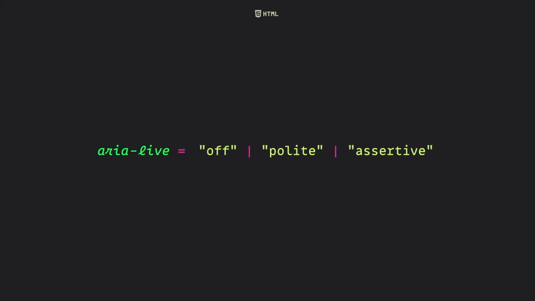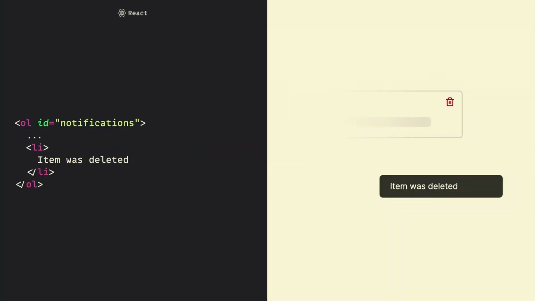We can set it with the aria-live attribute, which can be set to polite, meaning that it will wait for current speech before announcing the change, or it can be assertive, meaning that it will interrupt the speech for the announcement. To use it for our notification, we can set the aria-live attribute on the message, which will convert our notification into a live region.